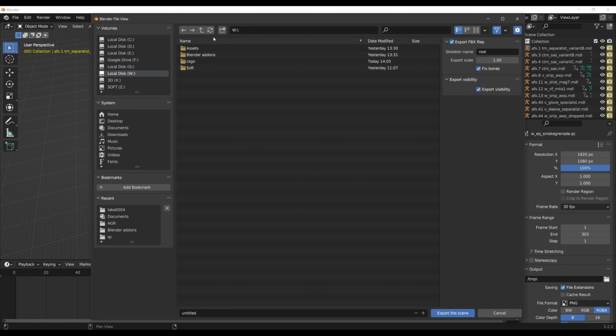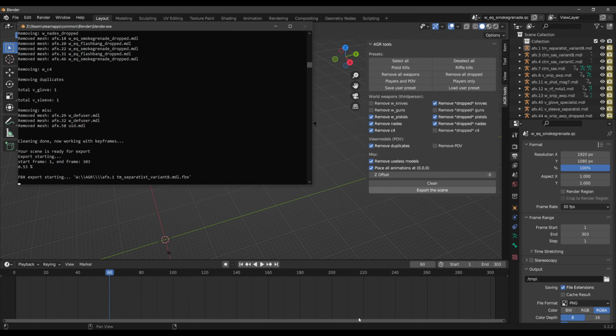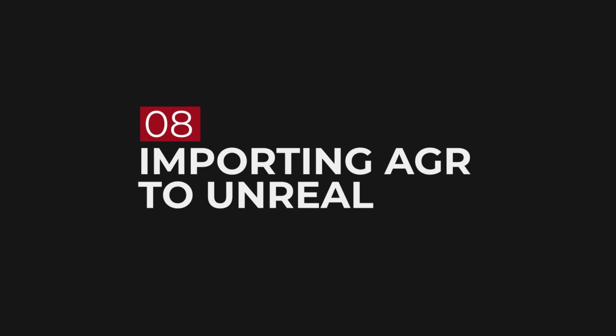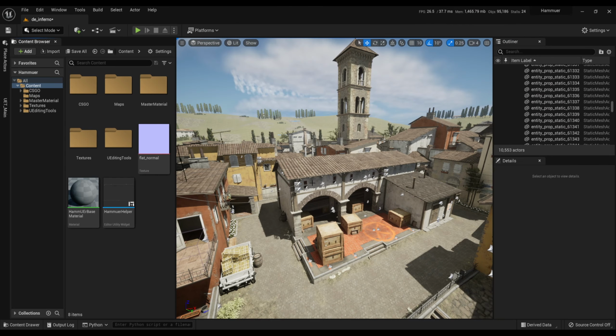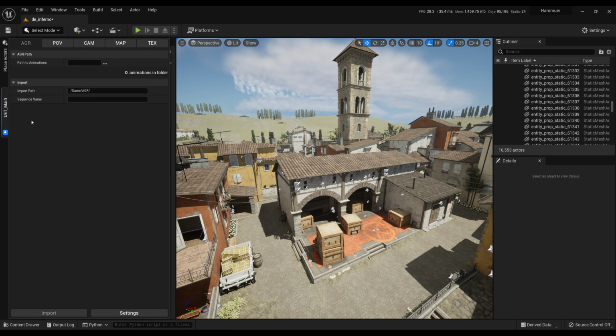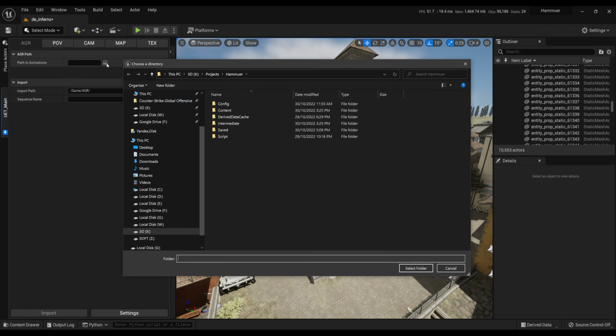Select the folder to which you want to export. Open Unreal Tools and provide the path to the folder with all AGR animations.